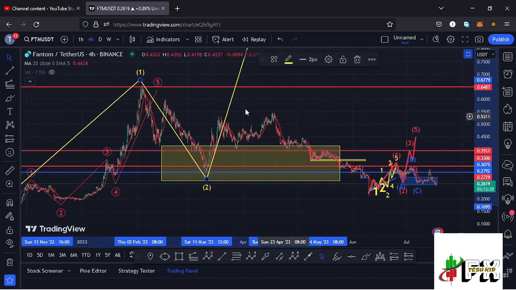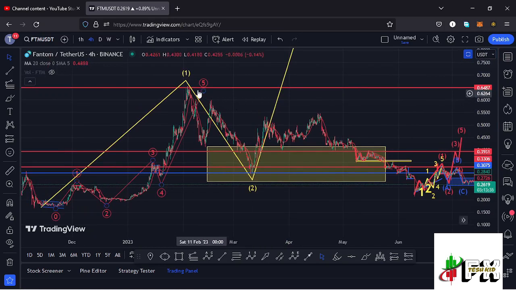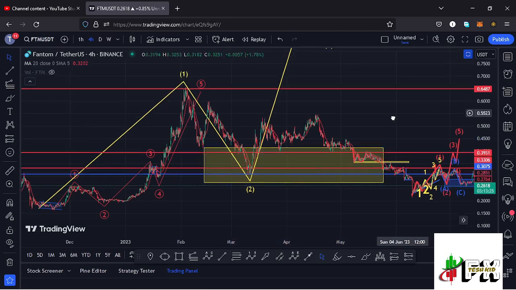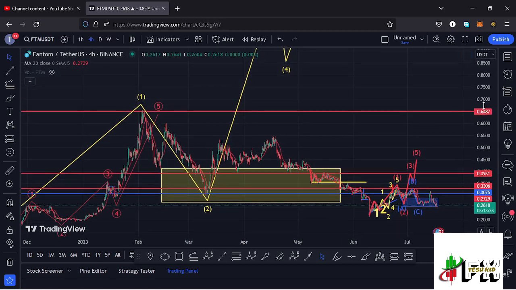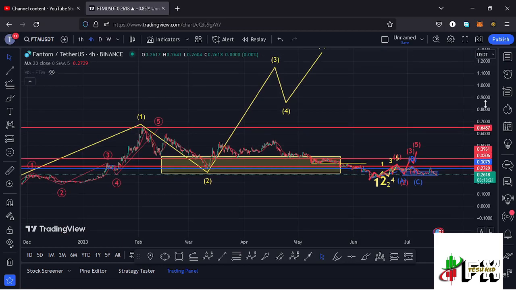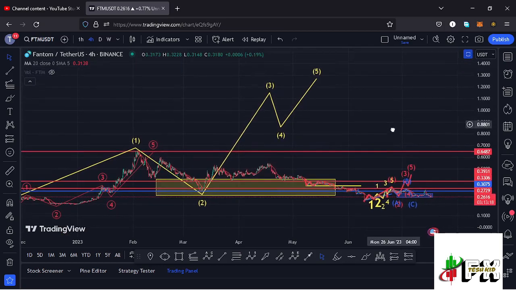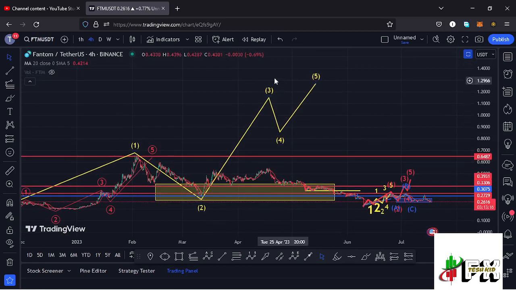Then we started a breakdown move in the formation of a larger Elliott wave count 2 into the minimum retracement areas highlighted here on the charts using this yellow target area, which is an area that we have now fully maximized, and there are high chances that we now have a low in place for the second wave, and soon we are going to start gearing up impulsively in the formation of this wave 3, where I will be expecting Fantom to give us a break above the $1 mark